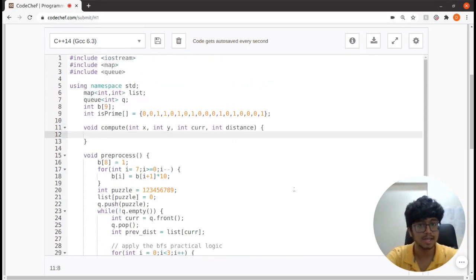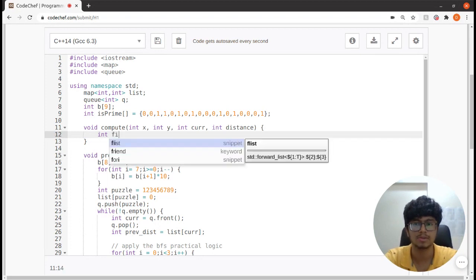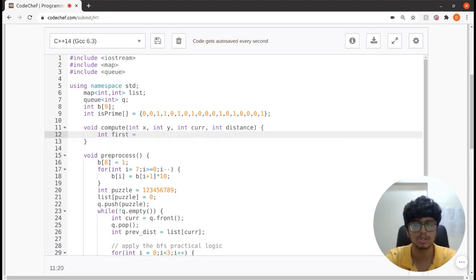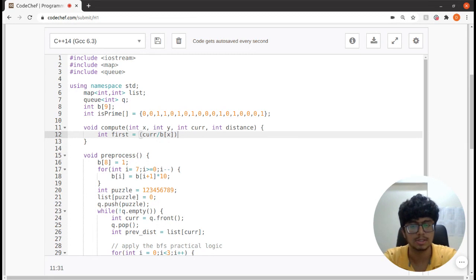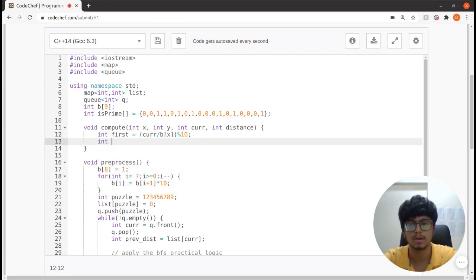So, okay, I just have the indices. Now you guys know from the previous videos that we need to get the element from the index. So I'll just say first element equals current, that is my puzzle, again divided by b of x. You remember this thing, right? And just do a percent 10, and this is it for the first element.